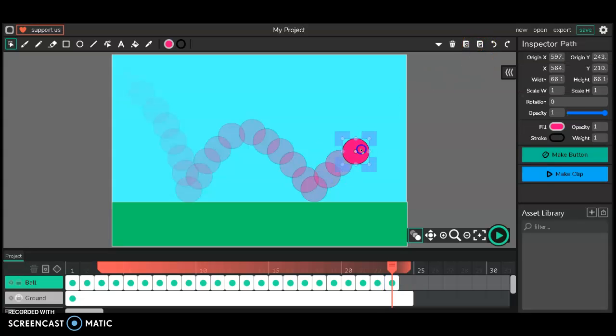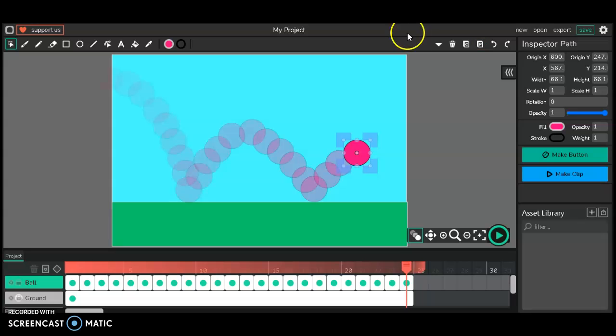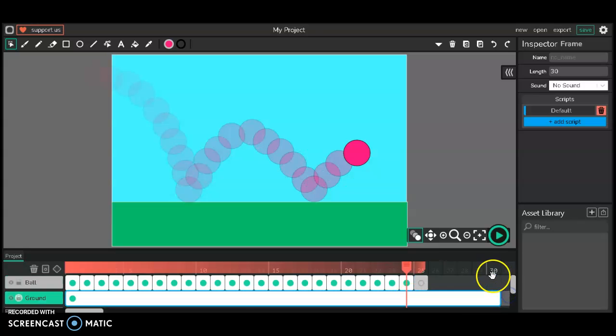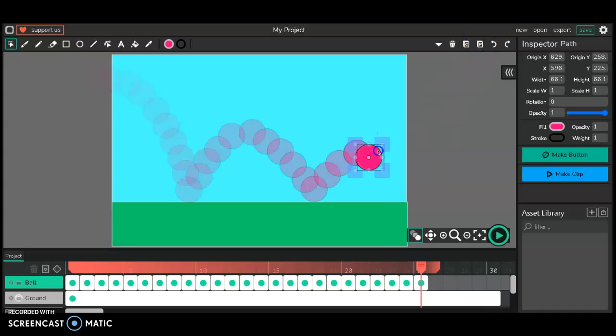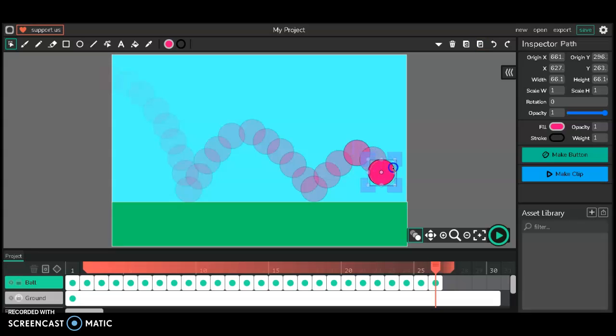Now I'm going to make it bounce downwards, like come downwards now. Okay, and just paste. Okay, now I'm going to copy it again and just paste. Oh, okay, I have to make it more lengthy. 30 will be okay, I think. I'm going to paste it, and it's going to come downwards now. Copy it and paste it over here. Okay, so it's like this, as you can see,